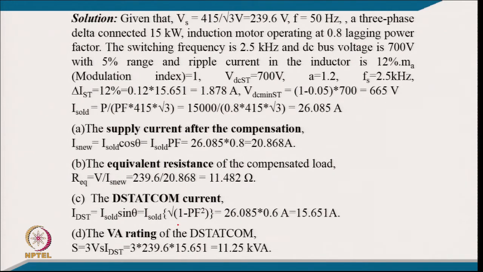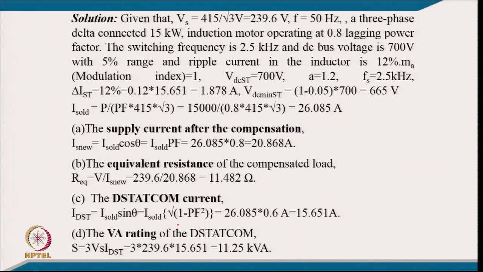So, 15.61, so it comes 1.87, and we know minimum DC link voltage is provided 5% less than 700, so it becomes 665, and we can find out the current corresponding to the load, that is 15 kilowatt divided by power factor 0.8 into 415 root 3, so it comes 26.085. So, the supply current after the compensation is Is new equal to Is old cos theta, and that is 26.08 into 0.8. So, the load active component current is 20.868 ampere